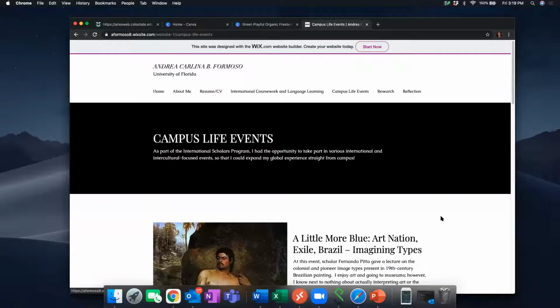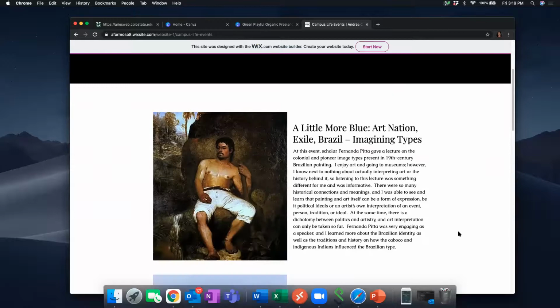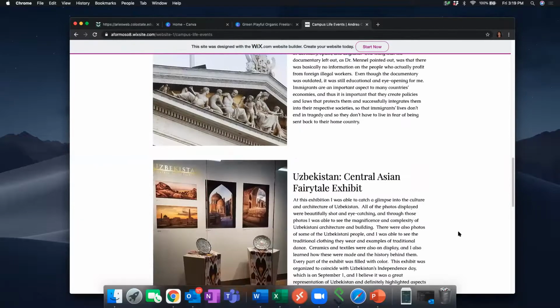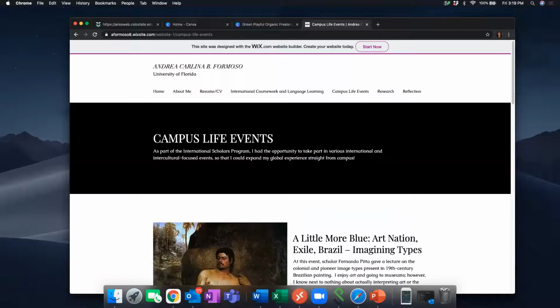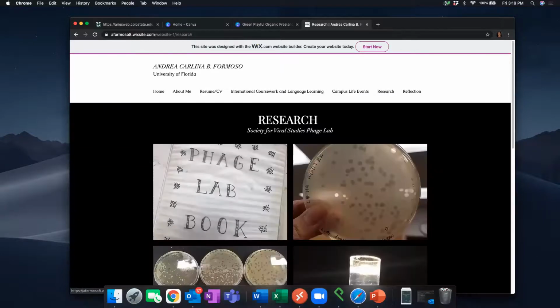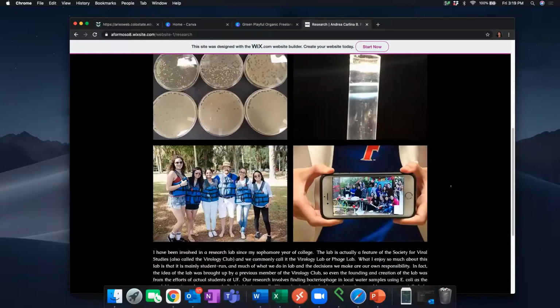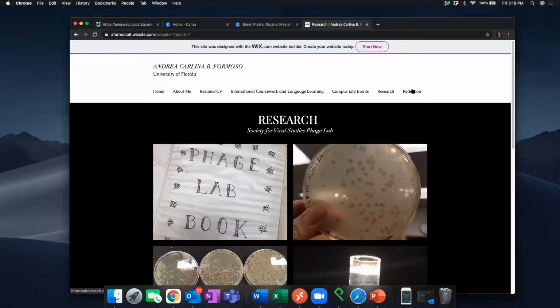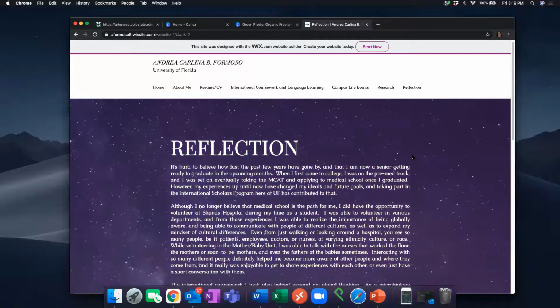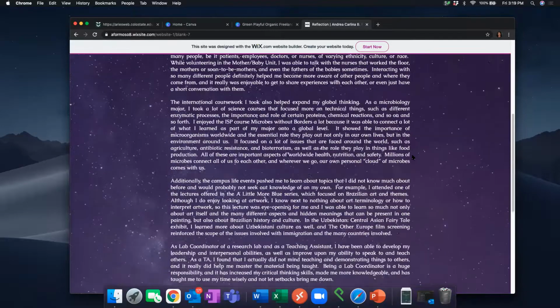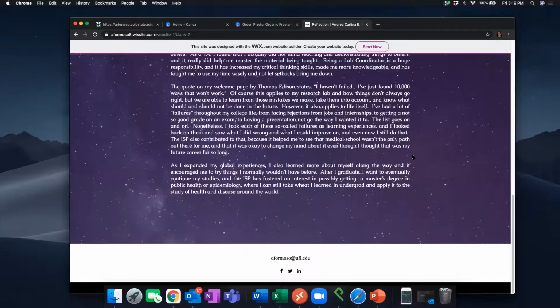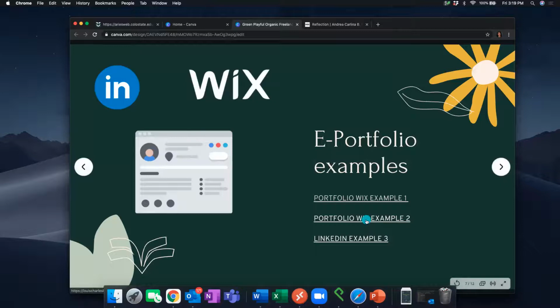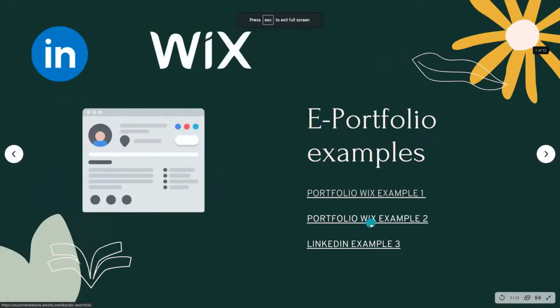Campus life events, things that they're engaged with, research. So highlighting a little bit more of those projects, but through the research, and some reflection. So this is a little bit about their own reflections on their growth. I want to jump on this other example